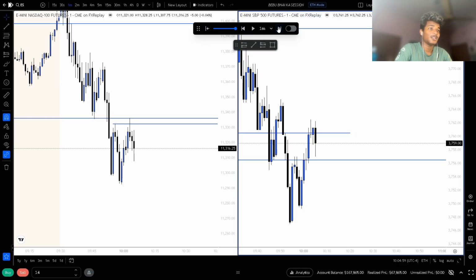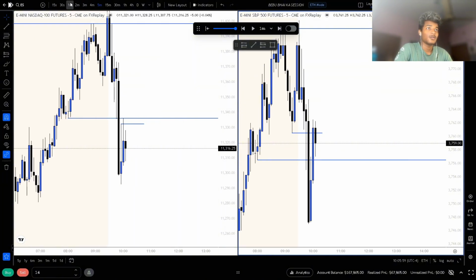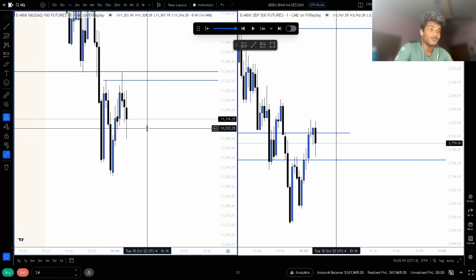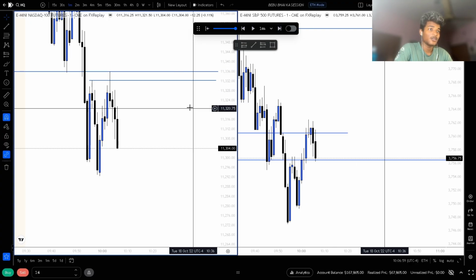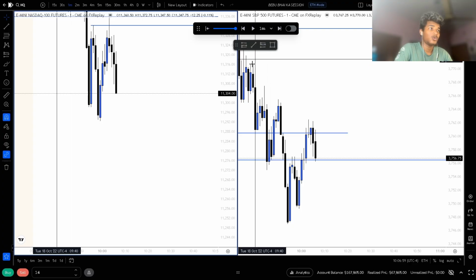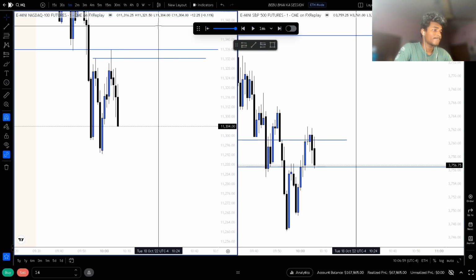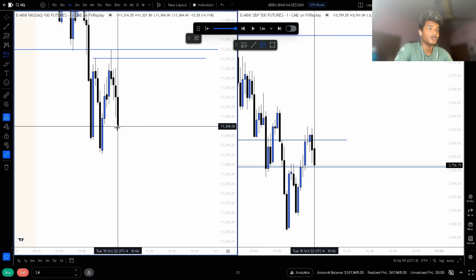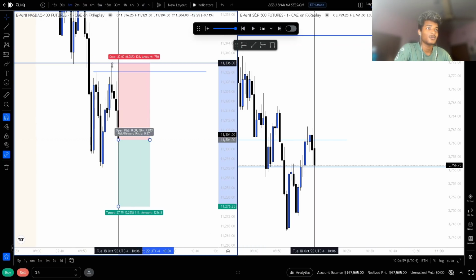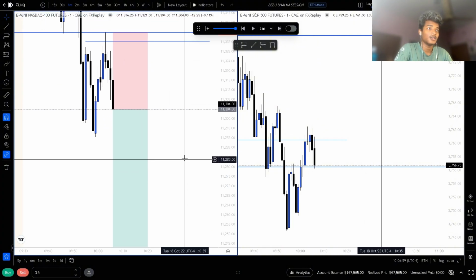If we have an SMT at this point of time, that will also be a very nice confluence for us. But we don't have any 1 minute. We have this 1 minute gap. We inverse this gap, and now I'm gonna take this trade. This is a very nice setup, guys. Very nice continuation setup, and this is gonna be my target, hourly unfilled gap.